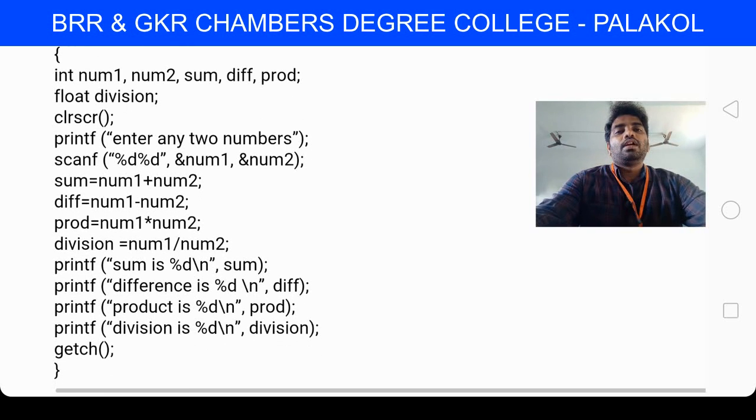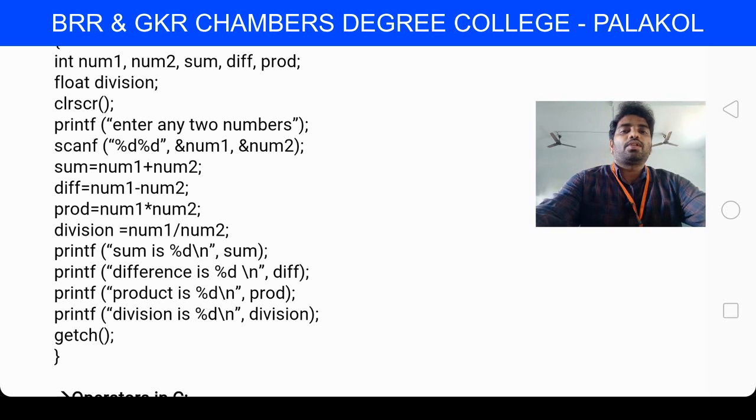Next one, the sum, difference, product and division, these variables are displayed using the printf statement. printf("sum is %d", sum); printf("difference %d", difference); printf("product %d", prod); prod means multiplication. printf("division is %d", division); }